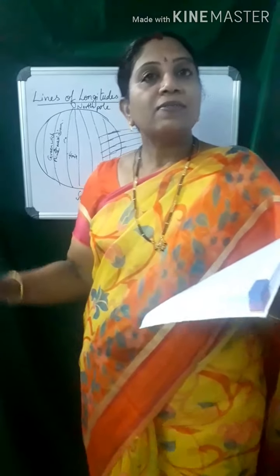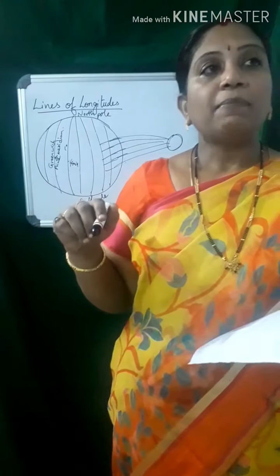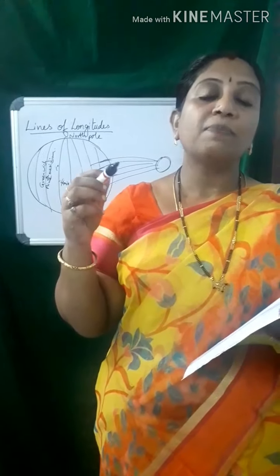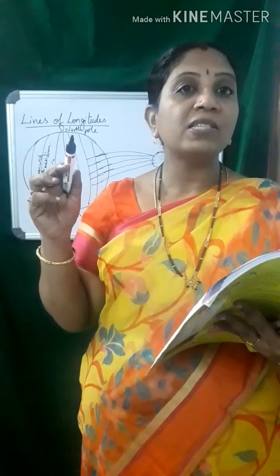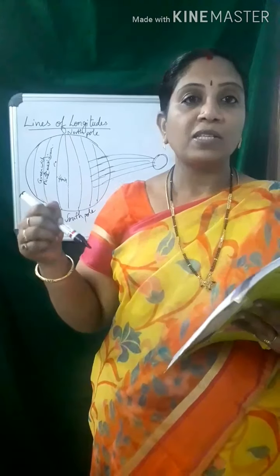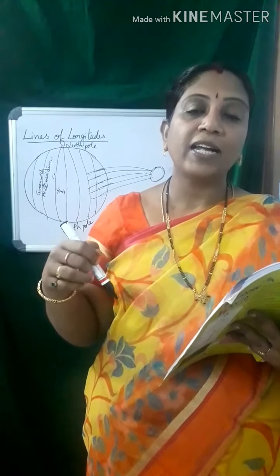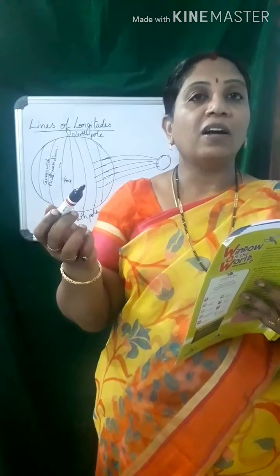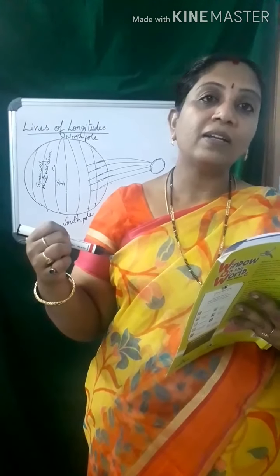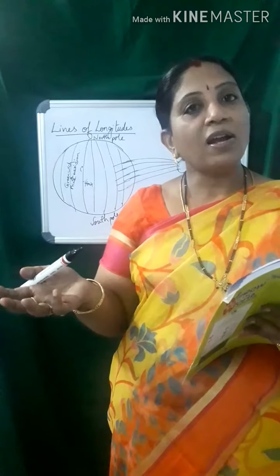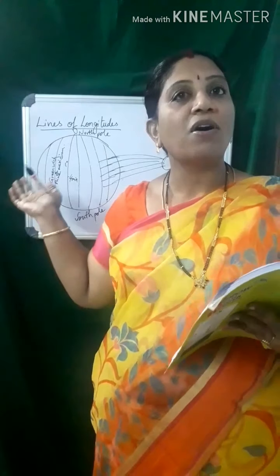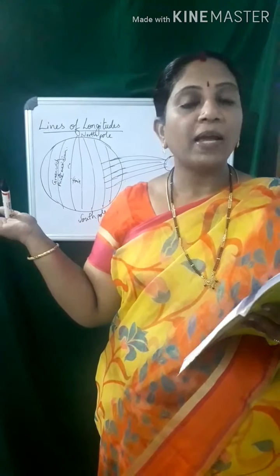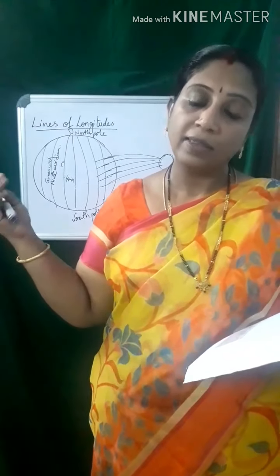So why does it take 1 hour, children? See, sometimes we say that those people who are living in foreign countries, their time is different from ours. Suppose for us it is daytime, then it will be night for them. Or if it is night for them, we will be having the day. Why does this all happen? Because of these longitudes and the rays of the sun, there will be a time difference for us and for them.